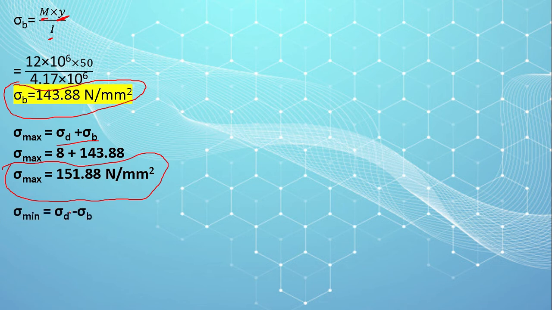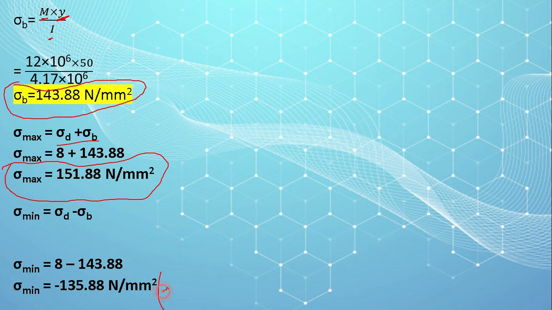And sigma min is direct stress minus bending stress, 8 minus 143.88. Therefore sigma minimum is minus 135.88 Newton per mm square. As this is minus, this is tensile